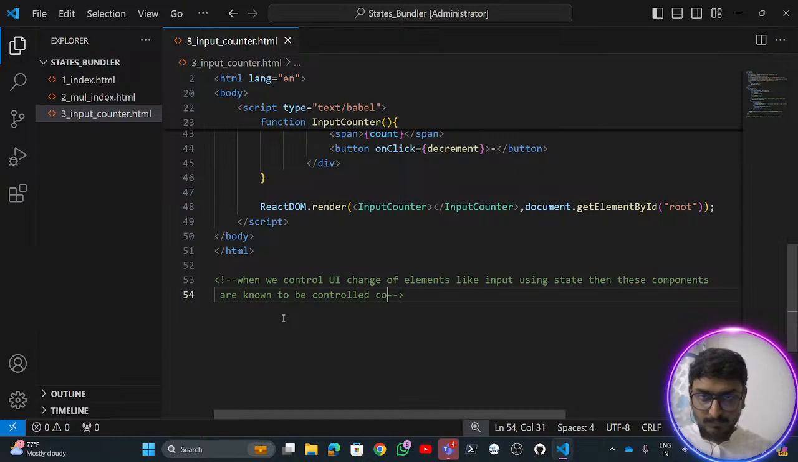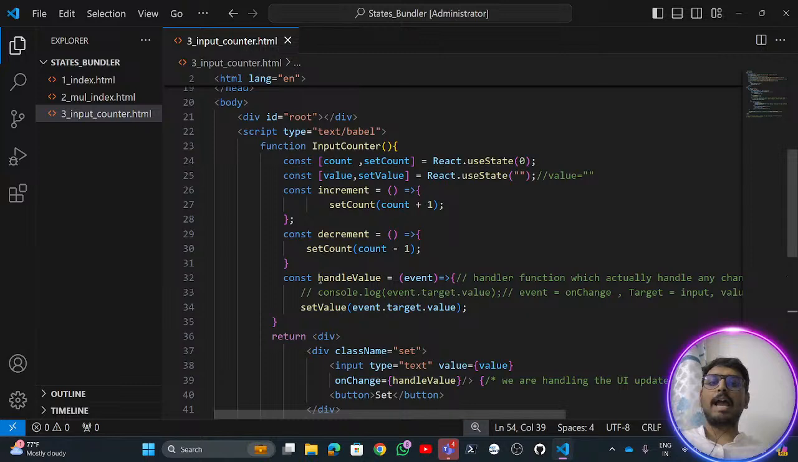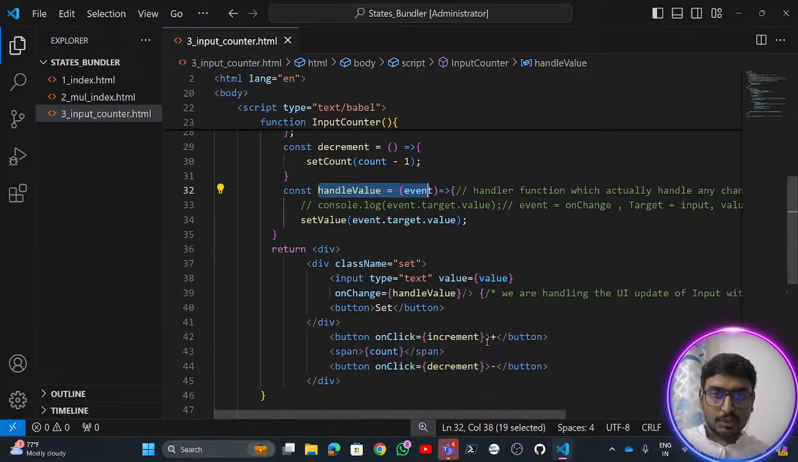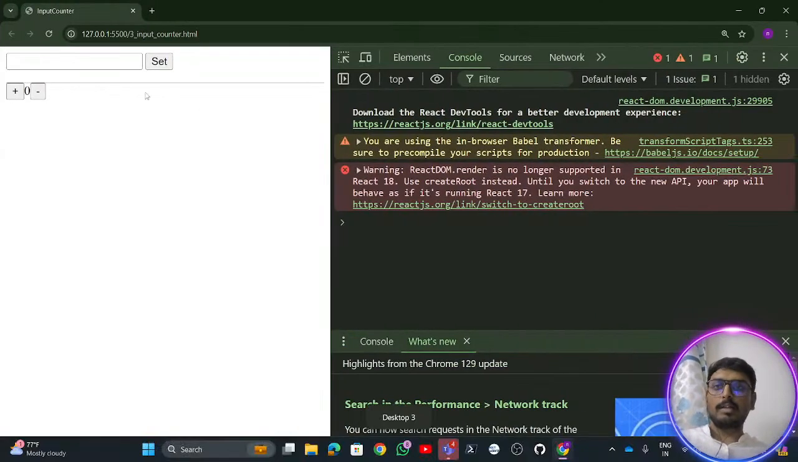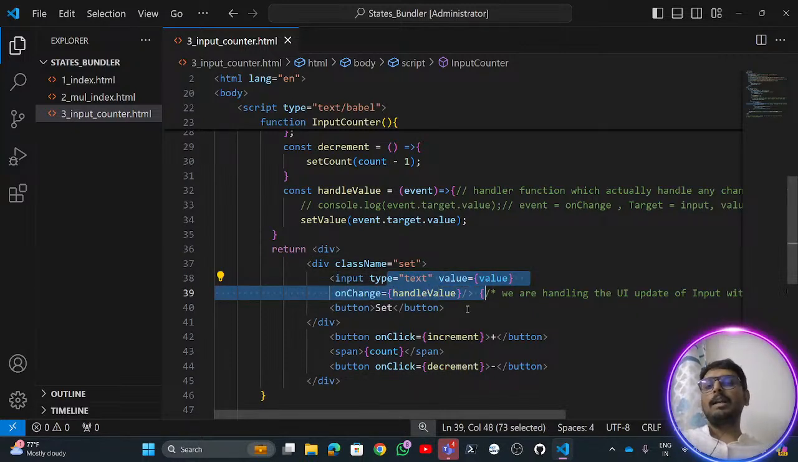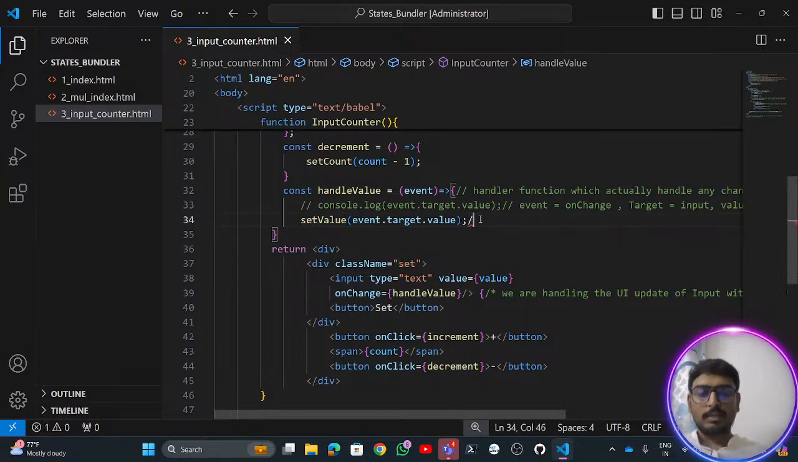To be more clear, in the above example we have this handle value where, once there is any handle value, we are trying to control this particular change event that is happening on this input element. We are going to handle that change event with this particular function. If you observe, this handle value is using a set value, which means we are using state variables to control the UI